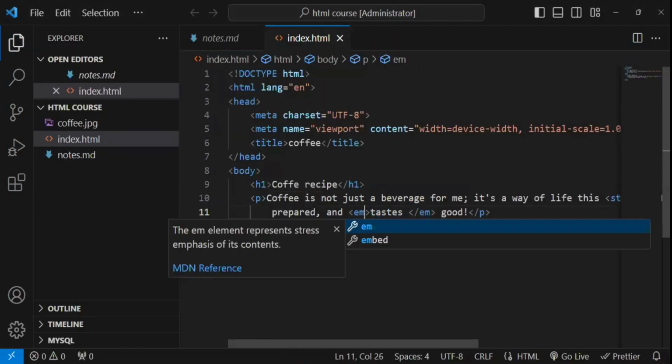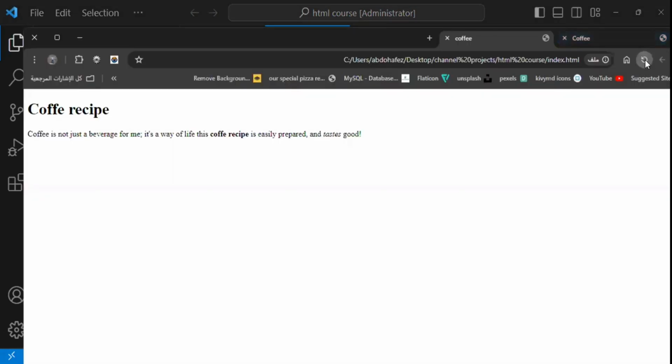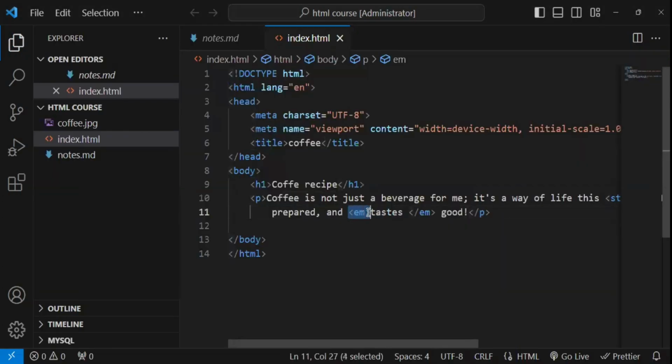And there is another tag, which is M. Do the same thing. As you can see, nothing changed. So what is the difference? What is the difference between M and between I? And what is the difference between strong and between B? Normally,